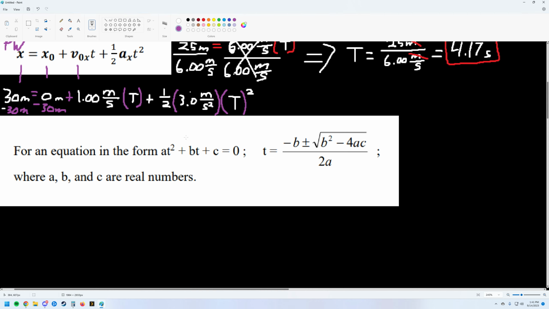Now, ooh, he even has it here. Look at that. Dude, this is perfect. AT squared, right? Acceleration times time squared. That'll be your A value. BT, that's your initial velocity times time, so it's that value. I guess I should write this in. AT squared is going to be